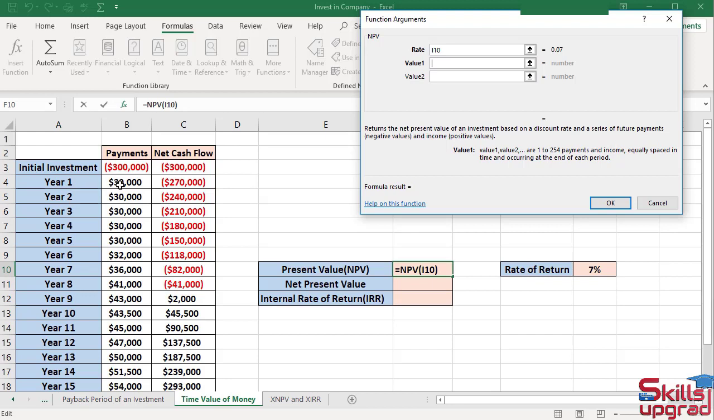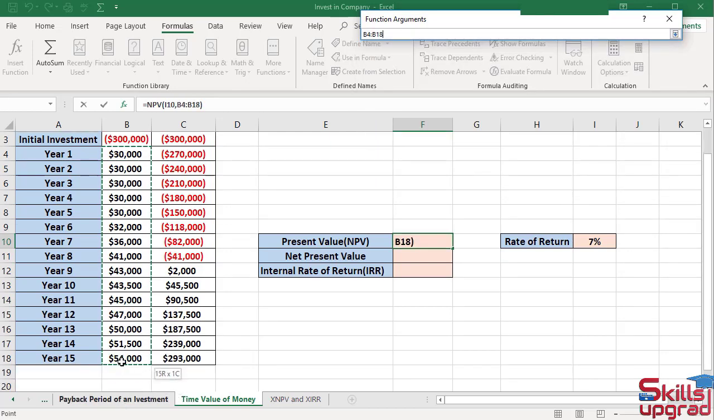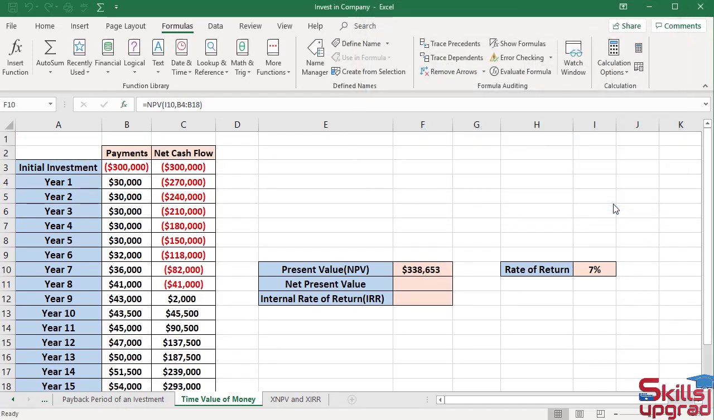Rather than selecting each year's value in the value 1 box, value 2 box, value 3 box, and so on, select the cell references range in the value 1 box. Select these cell references range. Click OK. So the present value of the investment is